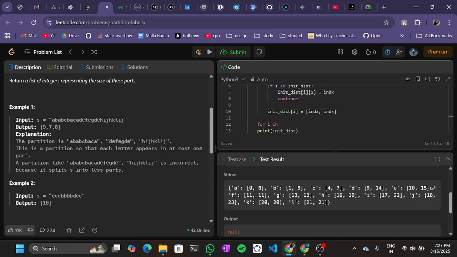And for 10 to 15, 10 is overlapping with 9 and 14 because it is between 9 and 14. So we have to include it inside. And 11 is overlapping between 10 and 15. And 13, right? 13 is overlapping between 9 and 14. 16